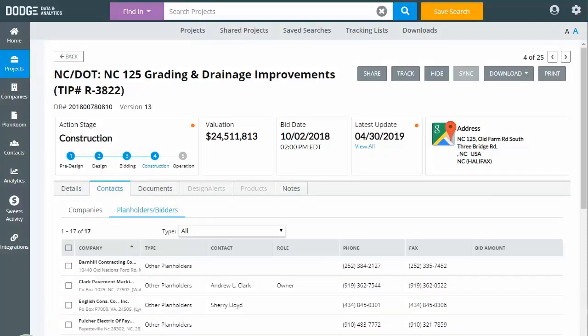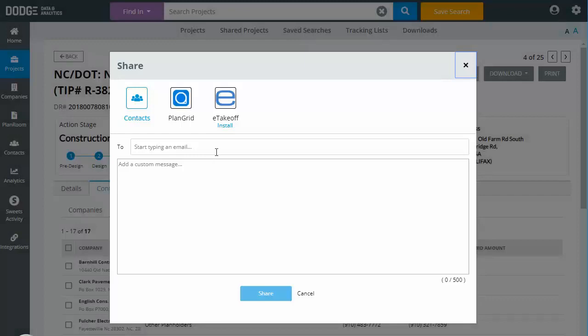If you want to share a project with someone, click the gray Share button in the upper right. Enter their email in the To field. You can enter more than one email address by pressing Enter on the keyboard after each email address is entered. If you want to add a custom message for them, enter it below. When you click the blue Share button on the bottom, it will send a link to the project to them